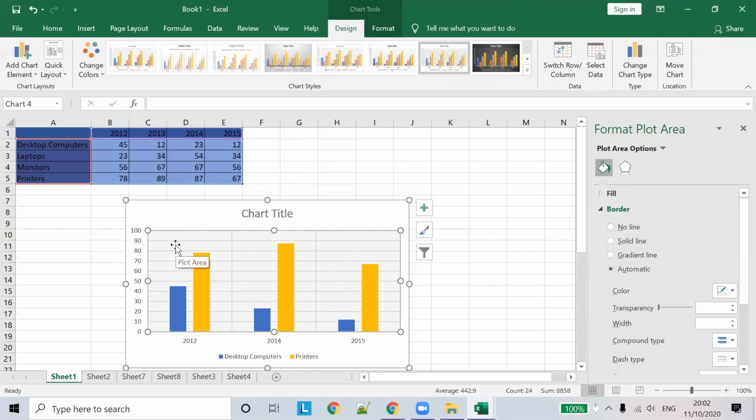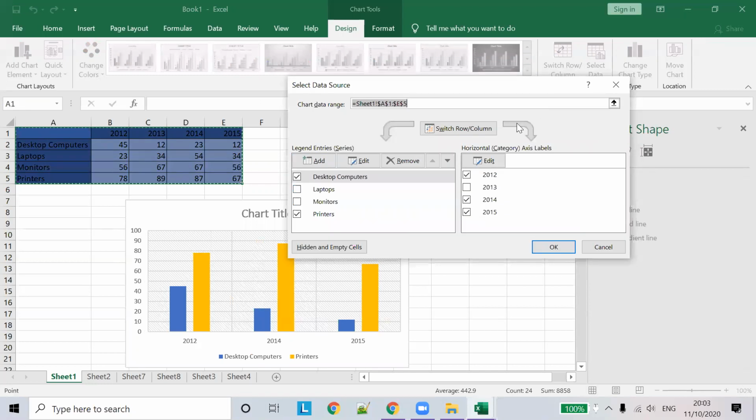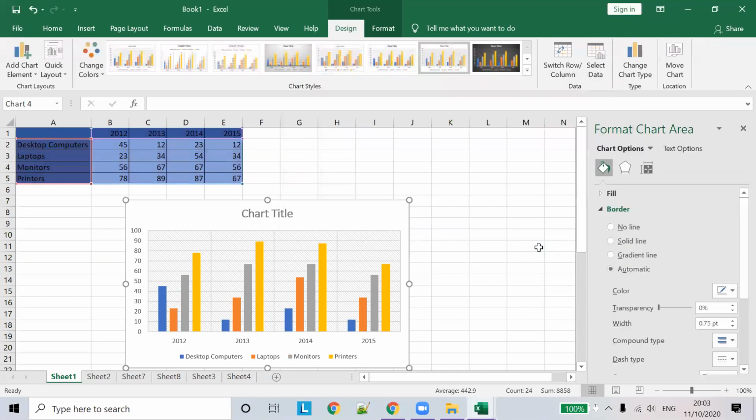So now only the selected products and their respective data are displayed. We skipped some years and also some products, using the Select Data option. If you want to display the data back, you can check those again and click OK. You can display all the information we have created.